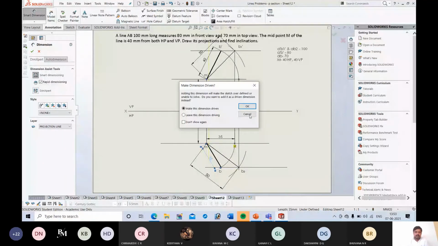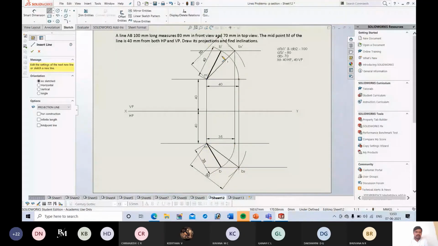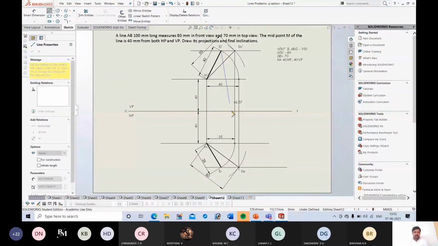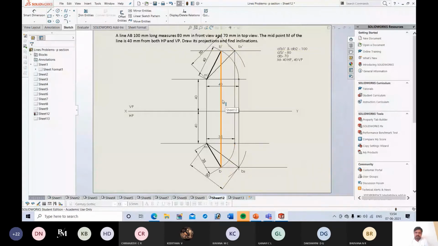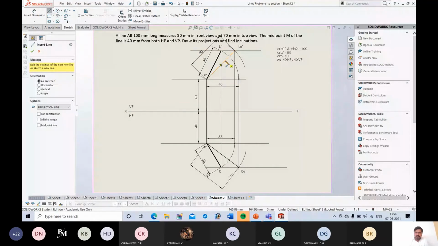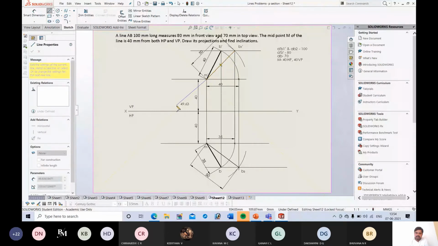In order to ensure that whatever I have drawn is correct, I can draw a vertical line connecting B dash. It is another end projector, and this is a construction line that should be very thin. Next, I should draw the remaining half portion of the line. For that, you should align your scale to this inclined line. Place your scale on this line and extend it for the remaining 50 mm length. The length of this inclined line is 50. So extend this line for 50.